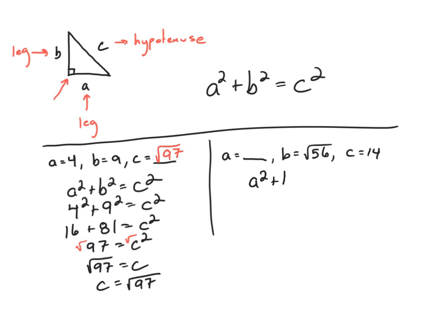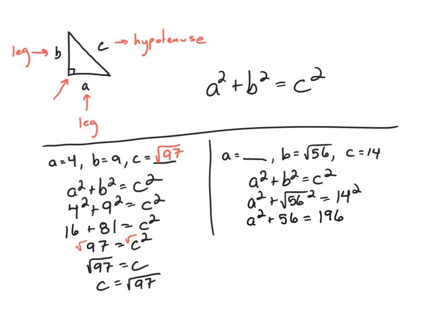If I move on to number 2, this time I'm missing side A, so I'm still going to start by writing down the equation. And I'm going to fill in what I know. I don't know A. So A squared plus the square root of 56 squared is equal to 14 squared. I'll go through and start simplifying. I get A squared plus the square root of 56 squared. We know square root and squared cancel each other out, so I'm just left with 56